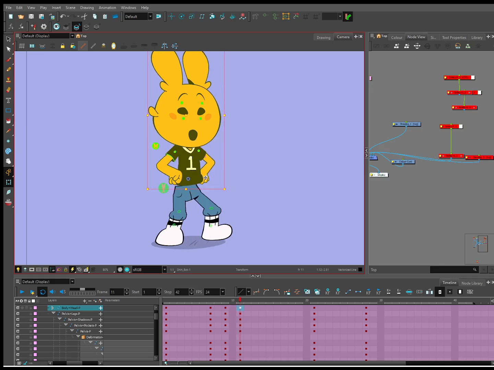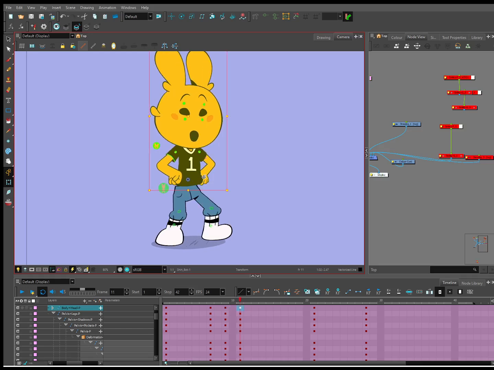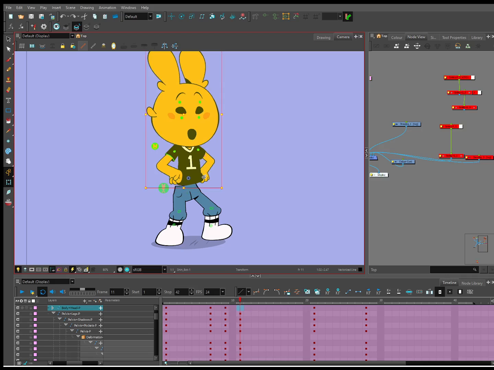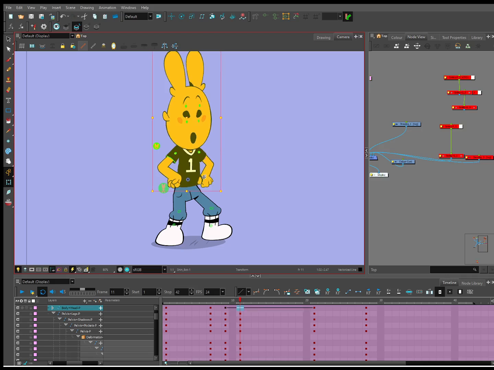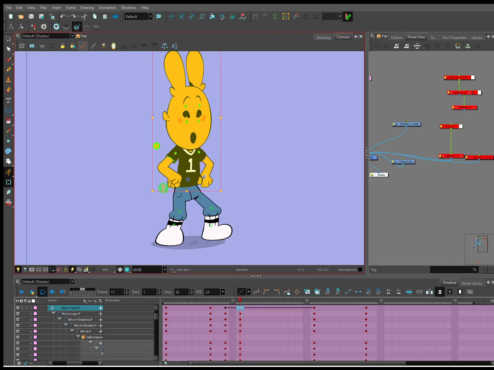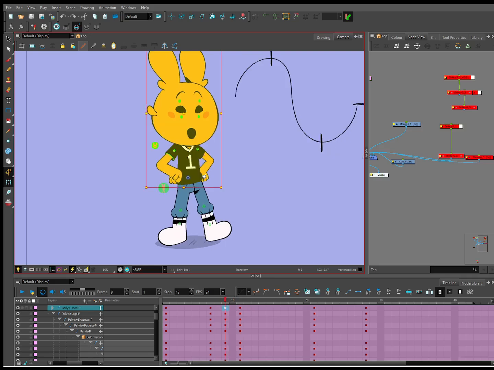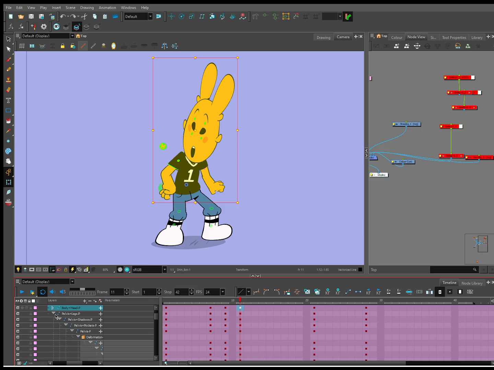Okay. Keyframe. Excuse me. It does this sometimes, where for some reason it's like, come on, delete.